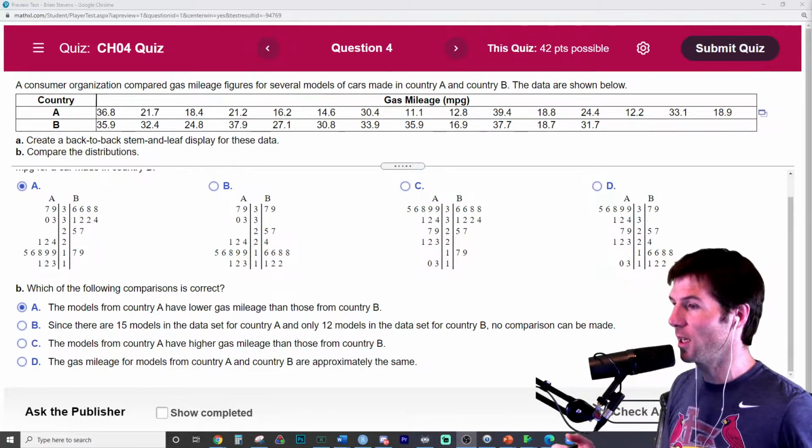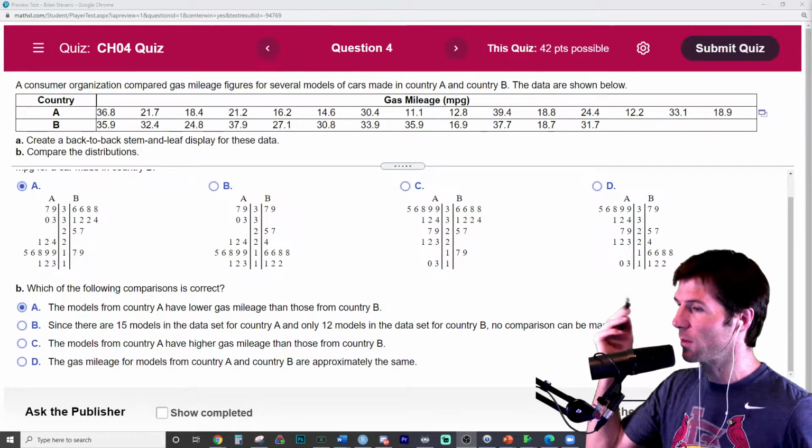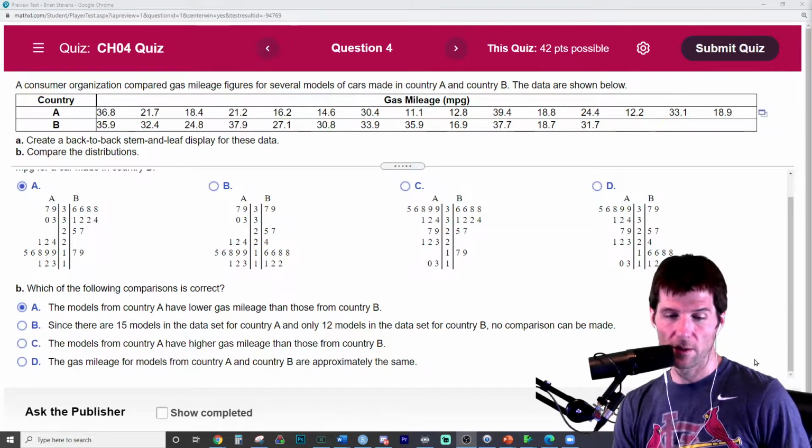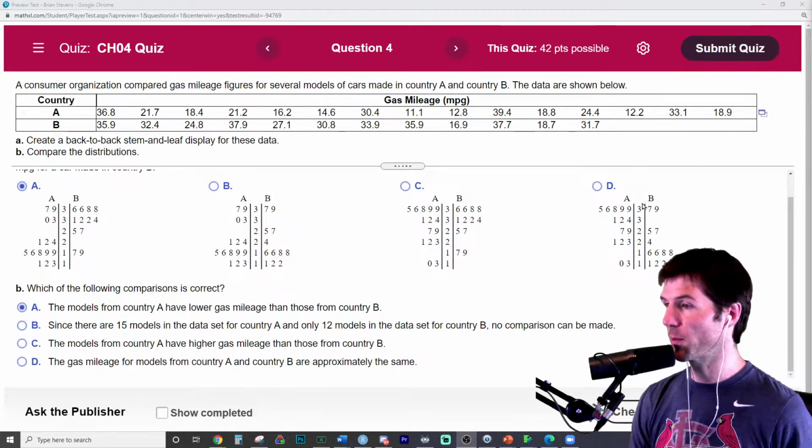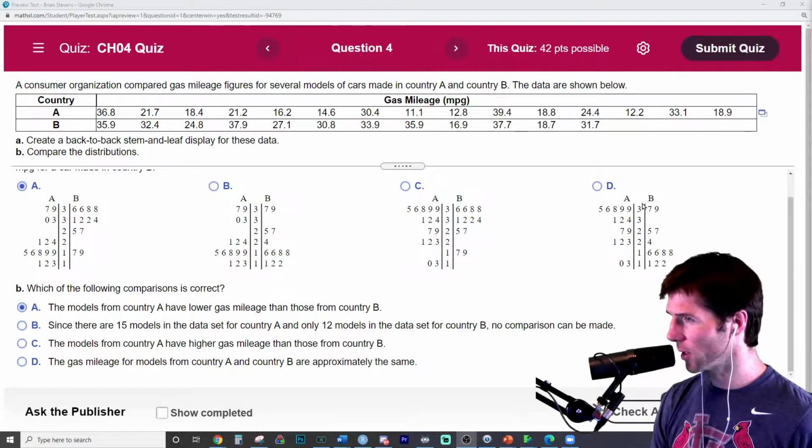And just understand that a back-to-back stem and leaf is bivariate with a quantitative variable in the Y, because we're displaying this, and then in categories right here. So these are back-to-back stem and leaves. Little tricky to read,